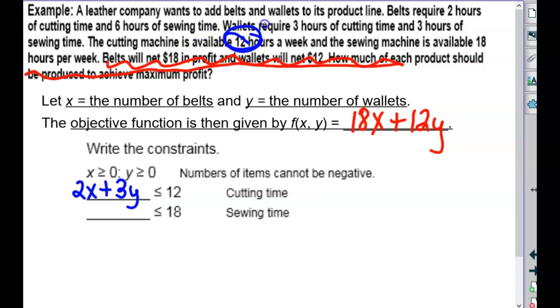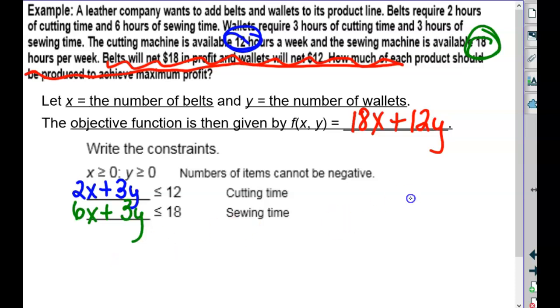Okay, now we have to go back and do sewing time because it has a constraint of 18 hours a week. So less than or equal to 18. What do you know about sewing? What are we doing first? Belts? 6 hours of sewing for a belt and for a wallet? Okay, so